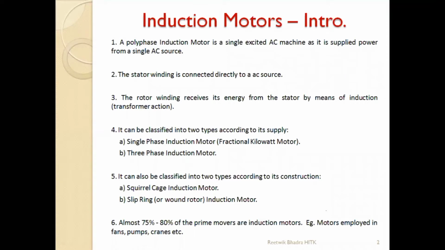Now, according to the supply which is given, suppose you think about the DC machine. I'm just taking the basic part, how you do a classification. If you take a DC machine, we classify DC machines according to its excitation or supply, or how the field winding and armature are placed. So we call it either a series, a shunt, a compound, or a separately excited machine. Similarly, according to excitation or supply, this is my fourth point, we can classify into single-phase induction motor and three-phase induction motor.